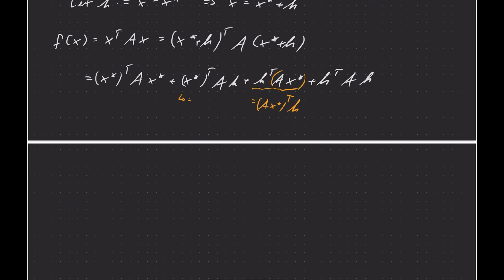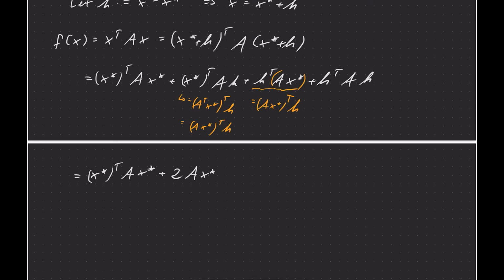Okay, similar thing here in the factor before that. That is the same thing as A transposed x star transposed h, just using the rules of matrix transposition here. And as A is symmetric, that's equal to (A x star) transposed h. So these two middle factors are actually the same, and that means we can write this whole thing as x star transposed A x star plus 2 times